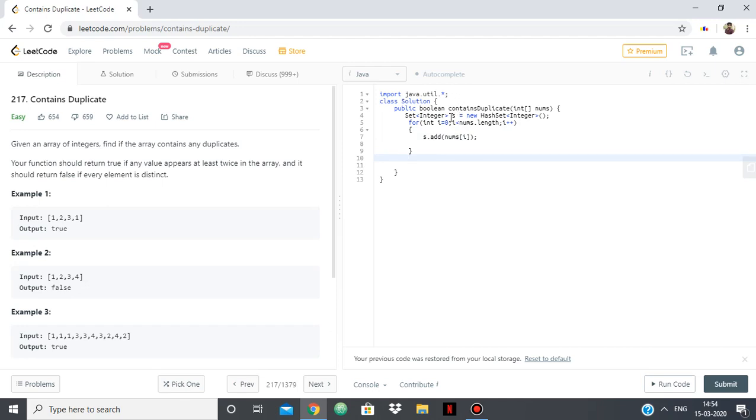So suppose that the array contains duplicate elements. As the set will only have unique values, the size of the set will be lesser than that of the array. But if the array has unique elements, then the size of the array will be equal to the size of the set. So if s.size